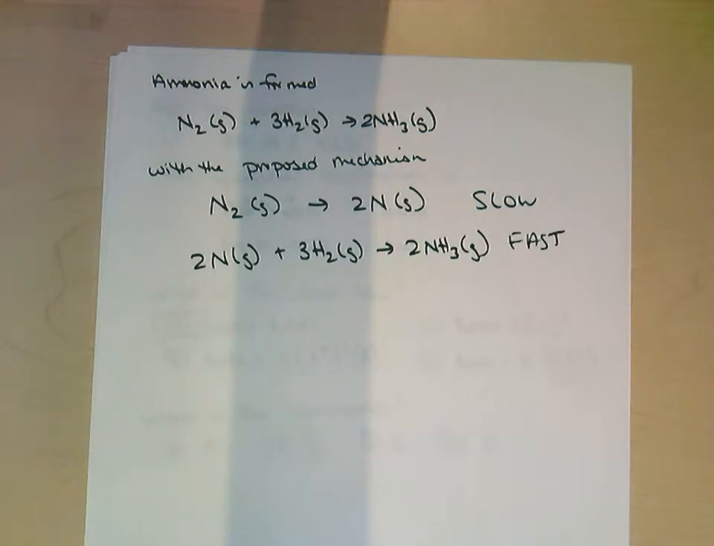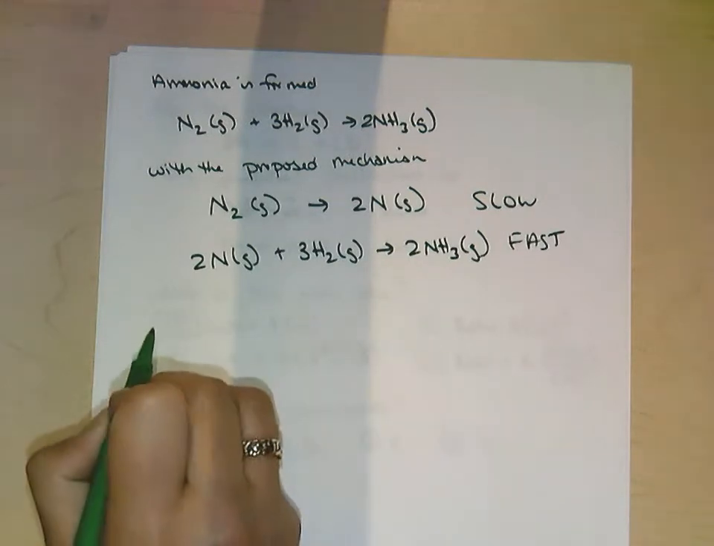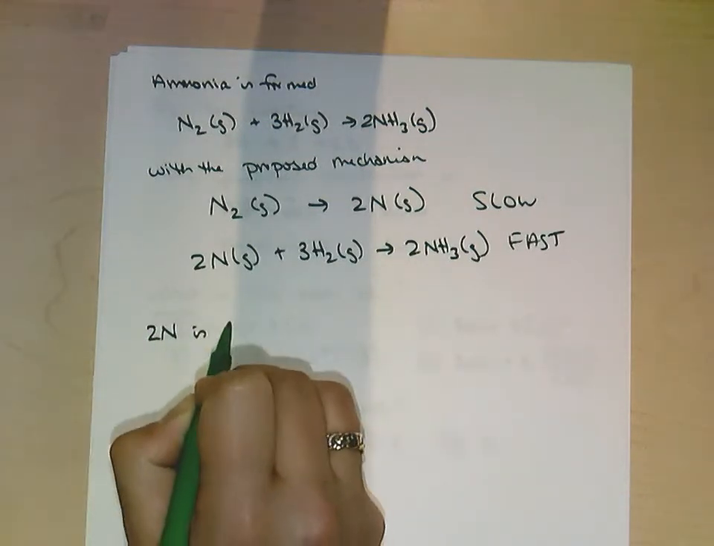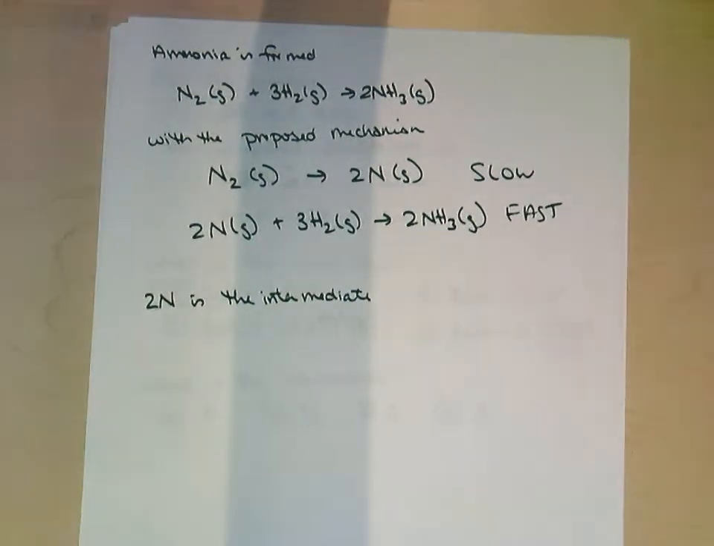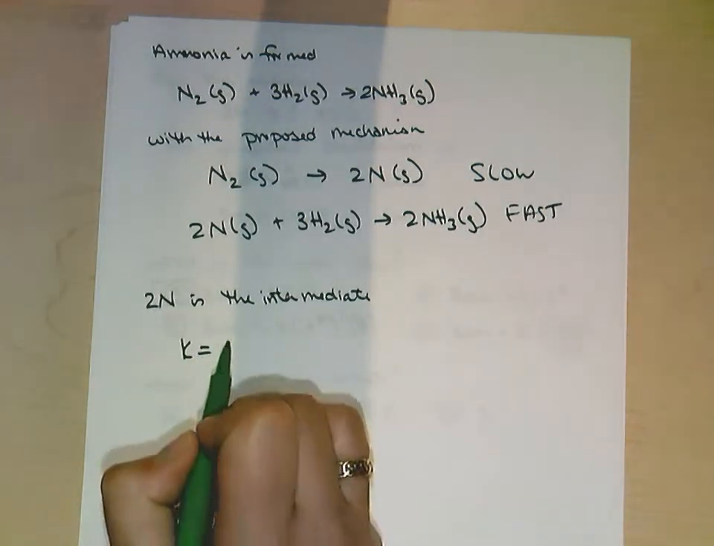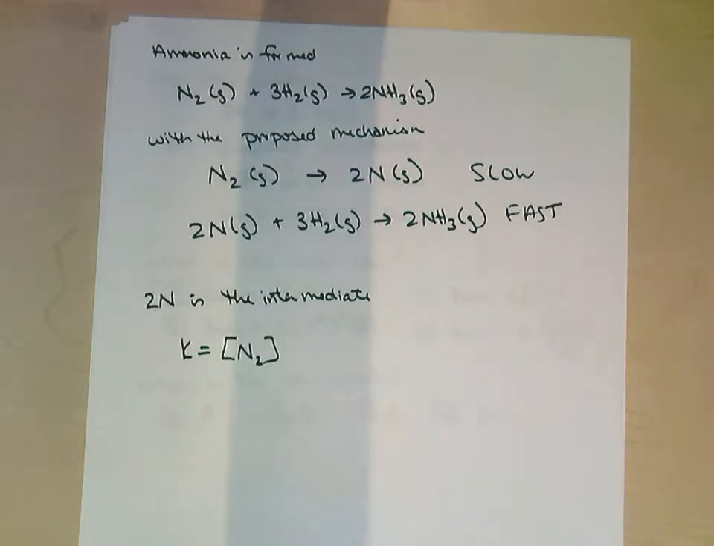What is an intermediate in this reaction? Right, nitrogen is the intermediate. Which one is the rate determining reaction, the slow step or the fast step? Slow step. So what, I would have K equals what? Good, good, okay. Okay, what if I have